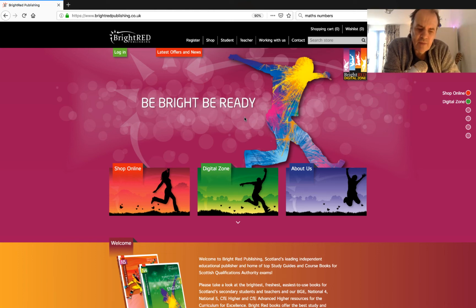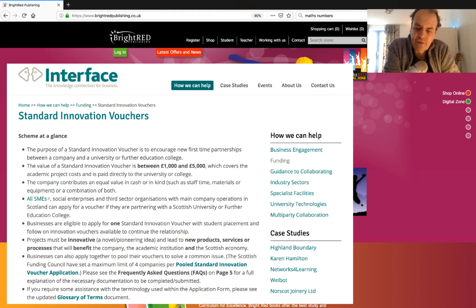Okay, so I'm going to show you an example of how universities and companies can come together to create innovative infrastructures and also to build up a collaboration that they can take into the future. So if you're a Scottish SME, then there's a great opportunity in bidding for innovation vouchers through Interface. These are £5,000 funded projects, and where the funding initially goes to the university to allow the partnership to be